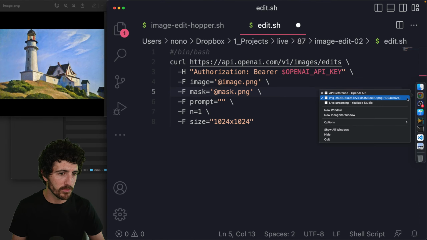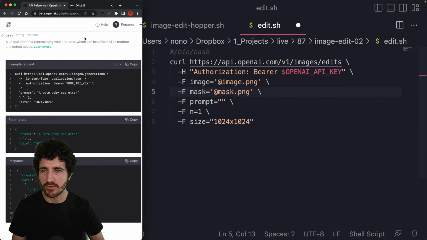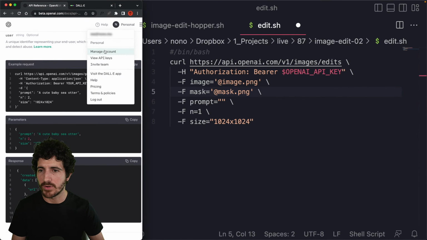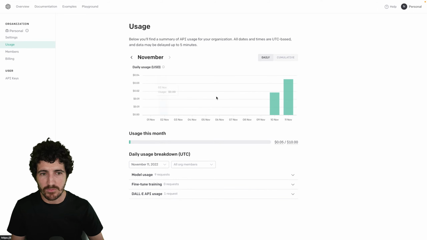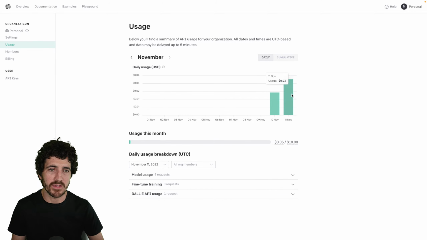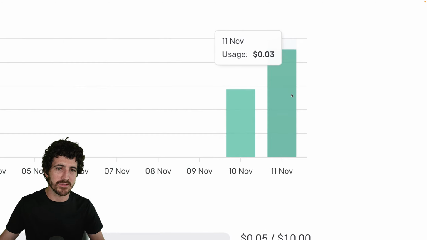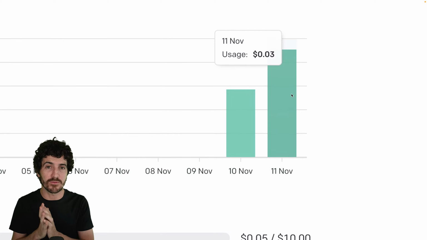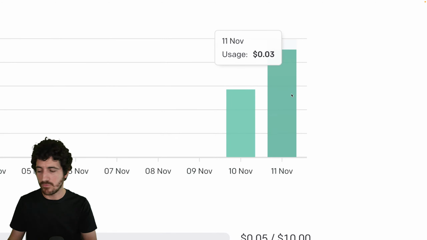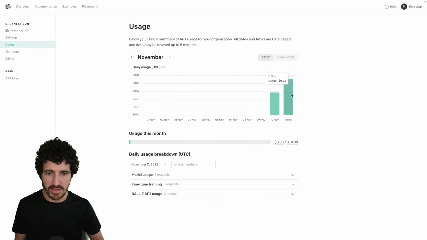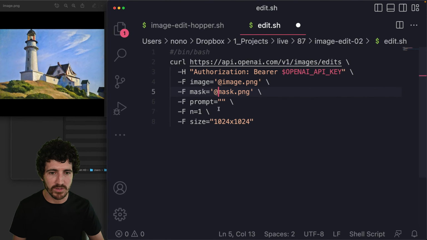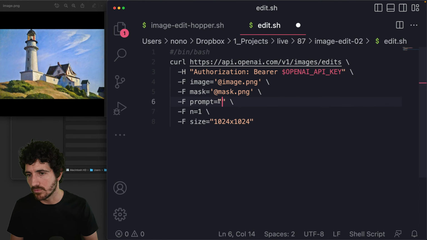And just a note, so you can keep track of how this works, right? If I go now to manage my account, you can see that on my usage, now we have 3 more cents. I mean, this is nothing, right? But we have used 2 cents because we have requested 1 image in 1024, right? So you get some idea on how the costs work. And here we're gonna do